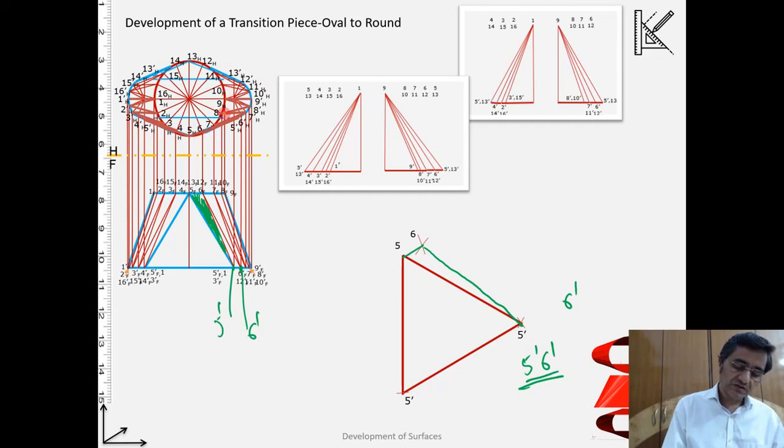On the horizontal projection, where is 5 dash and 6 dash? The length between these two, okay, I know this length. Then another length that I need is from 6 to 6 dash, and this length 6 to 6 dash I will get from here. Okay, because 6 to 6 dash length is this.